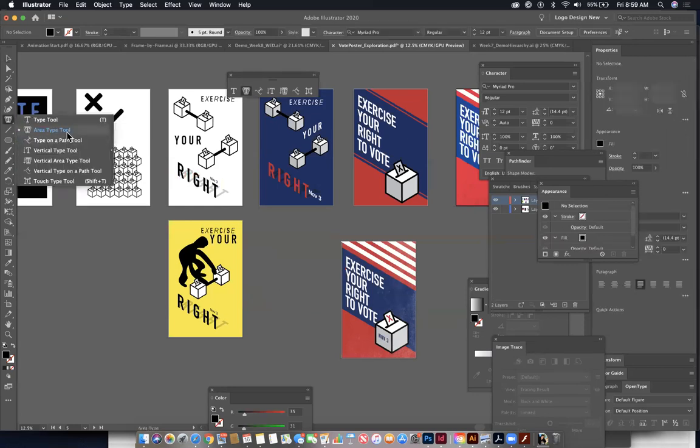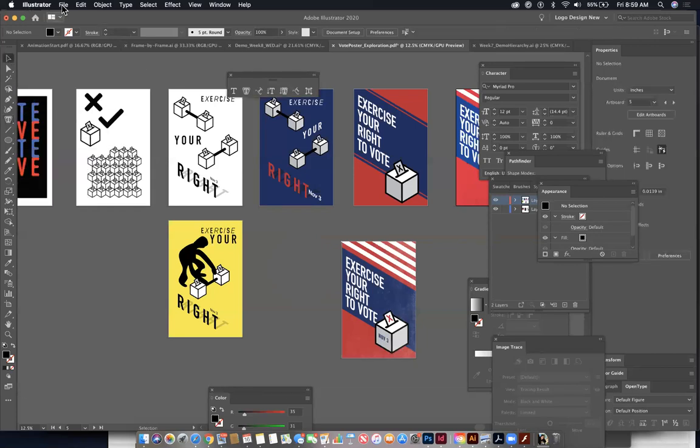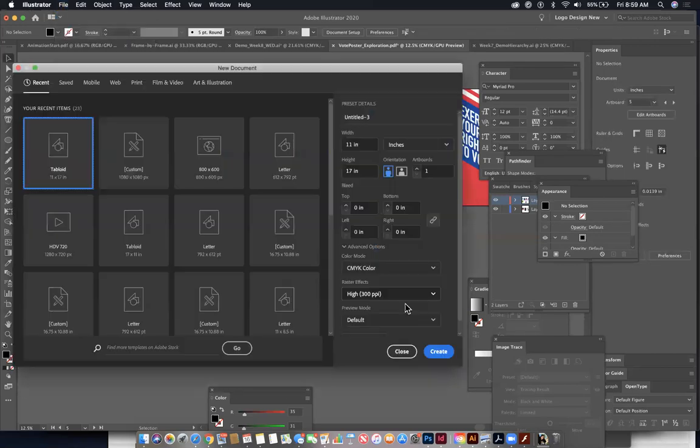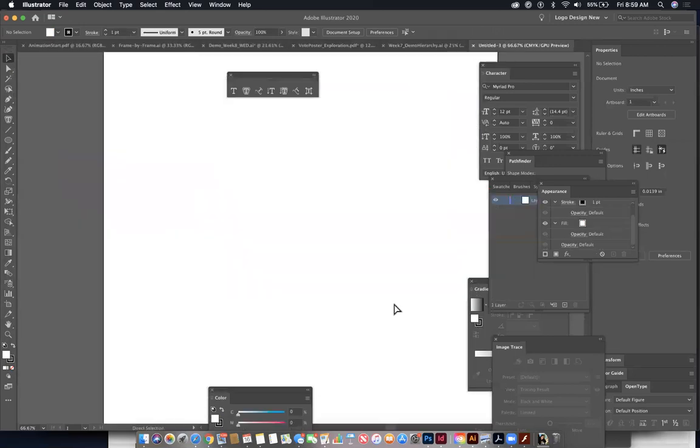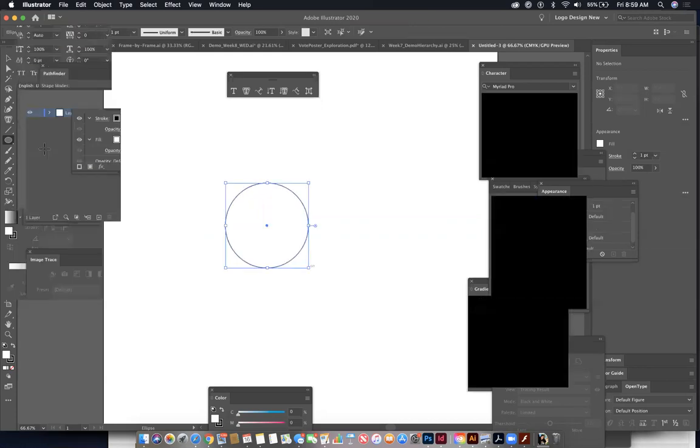And then the type on a path tool, we had done a demonstration, I think, in the class. Did I do a demonstration with you where we make something kind of like a Starbucks logo, or the old Starbucks logo? Yes. Yeah. Yes. Basically, the idea of that, I'm not going to do that demonstration again because it takes a little while and I want to move on to new things. But basically, if you want to put type around an object,